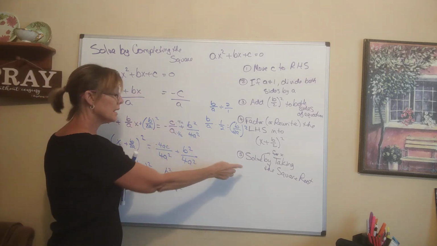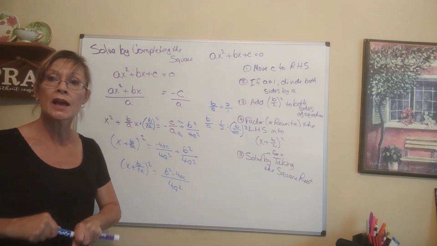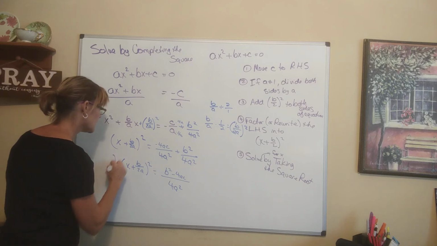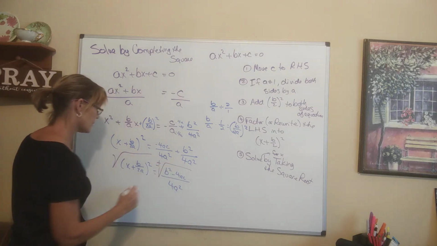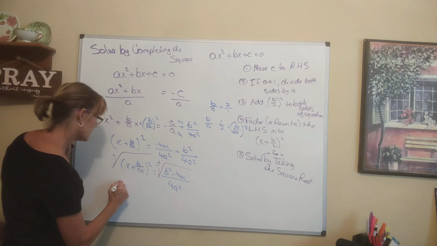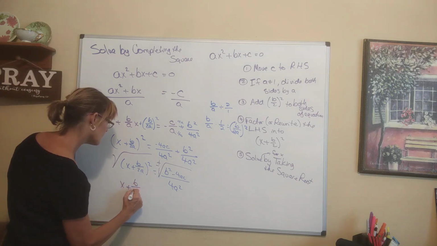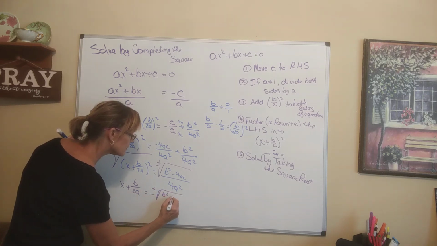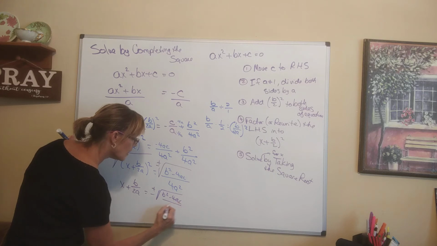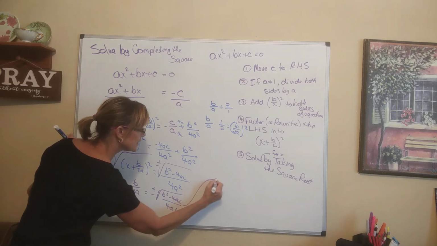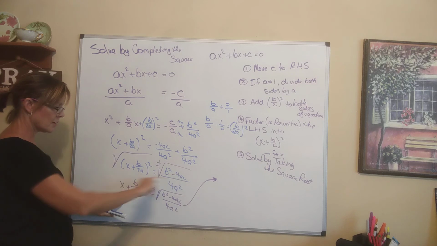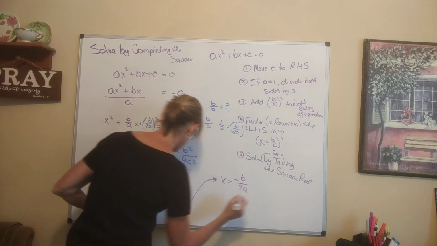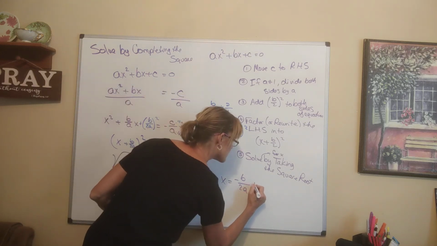Now we are ready to take the square root of both sides because we have something squared equals something. So let's take the square root of both sides. The square root of this is equal to plus or minus the square root of that. The square root of something squared is equal to plus or minus the square root of b squared minus 4ac over 4a squared. Okay, let's clean this up. I can move the b over 2a, so x is equal to negative b over 2a plus or minus the